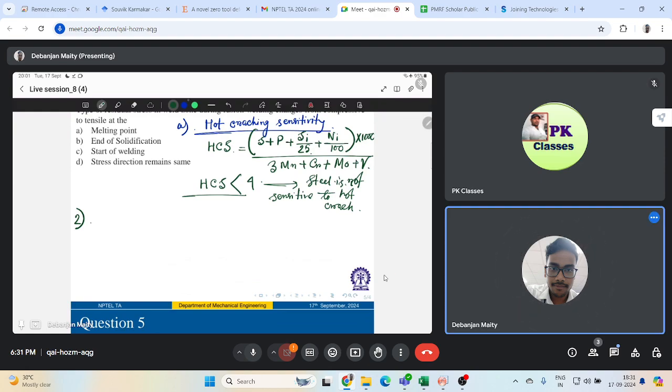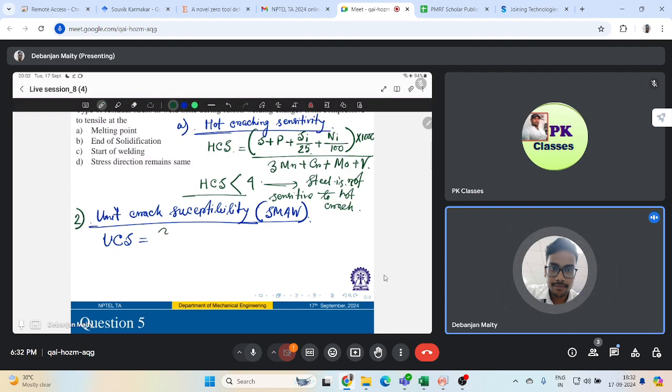So next is unit crack susceptibility. Mainly they had done this experiment for shielded metal arc welding, right? And they found that unit crack susceptibility has some relation like this: